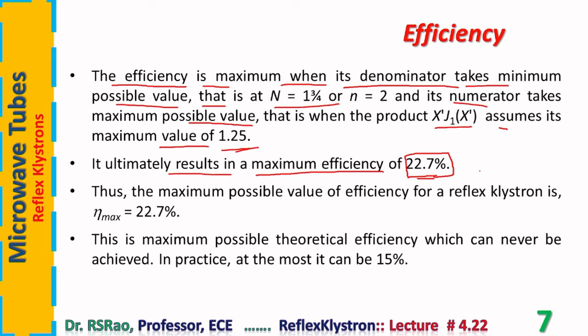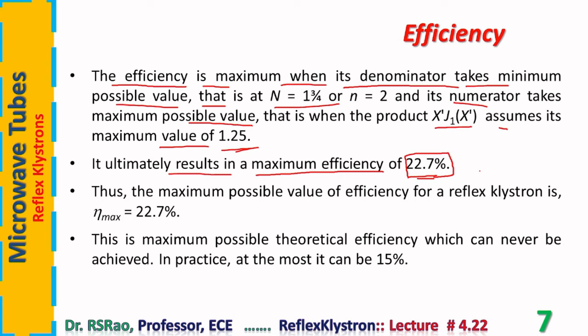One reason for its low efficiency can be understood from the fact that entire beam is given energy by the accelerating anode or by the voltage source to which accelerating anode is connected, V0. Entire beam, all the electrons in the beam, they take energy from V0, but only half of the beam participate in the bunching process. In a cycle, electrons that cross the gap from positive peak to negative peak, they only participate in the bunching process.